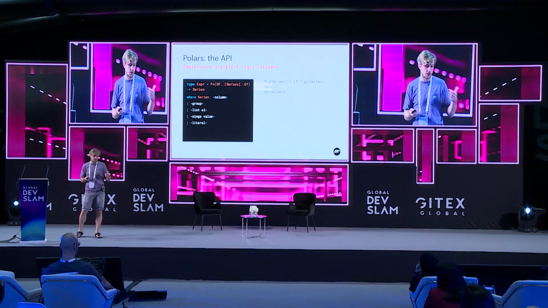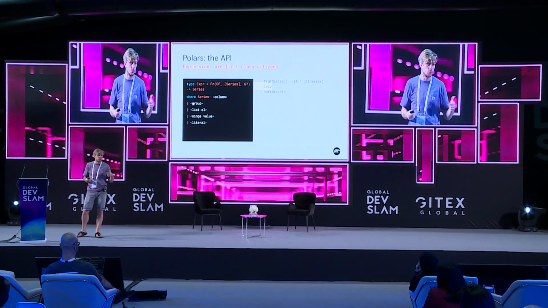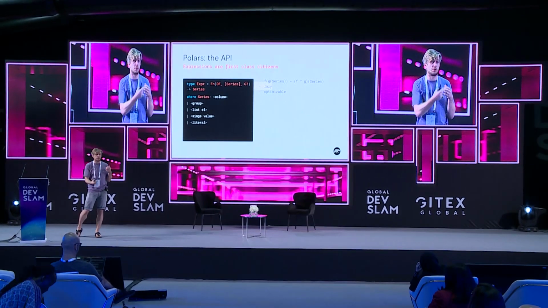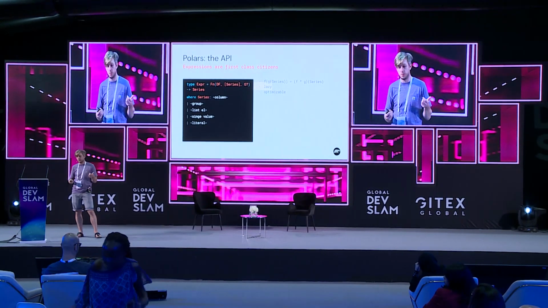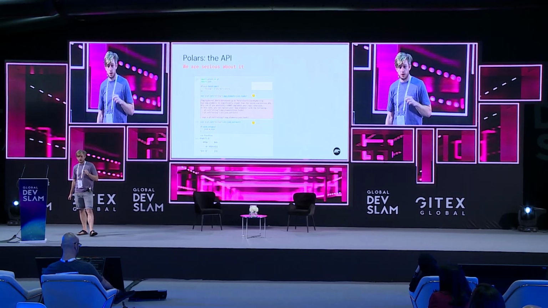The state of the series can mean different things. It can mean a column, it can mean a group when you're doing a group by operation. It can be a list element when you're iterating over lists. It can be a single value, it can be a literal. So these are sort of the cornerstone of our API, and we are very serious about it.